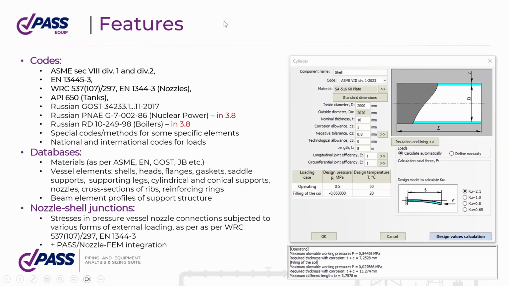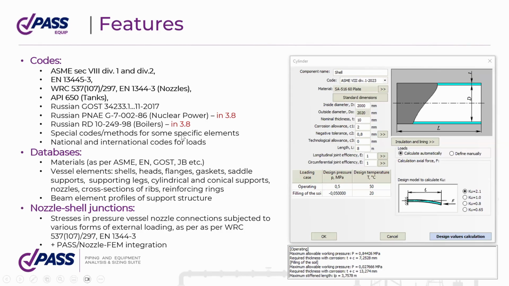And also, of course, different national codes. For example, all Russian codes, not only codes, but also for nuclear power. It was extended in the latest version, by the way, and we also have a boiler code. But also we use, of course, different national and international codes for different kinds of loads. And for some specific elements, we use some special codes or methods which are widely used and became RAGAP methods